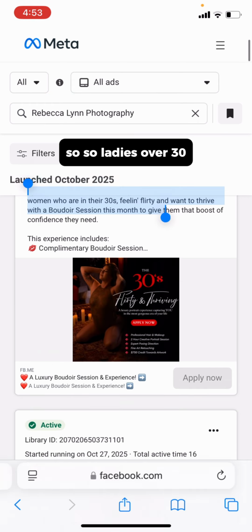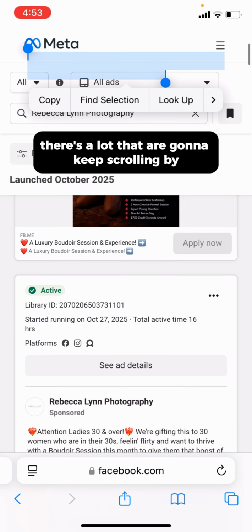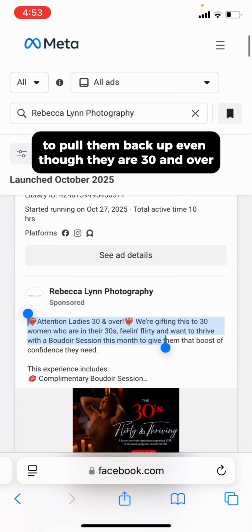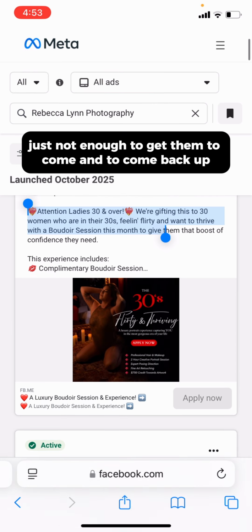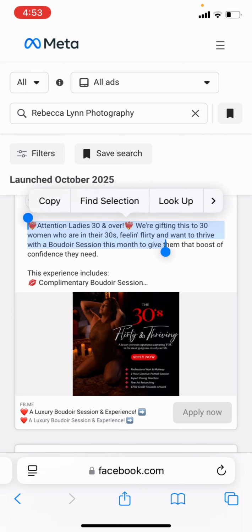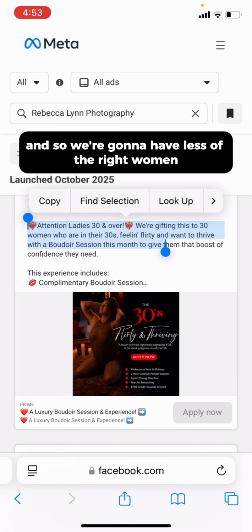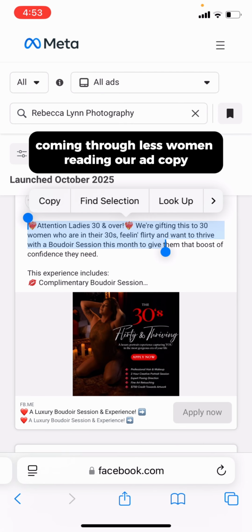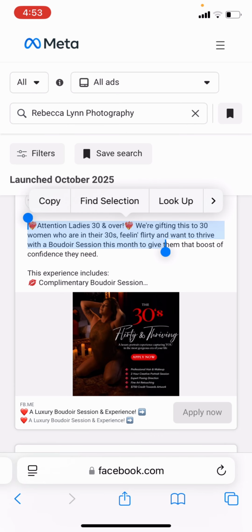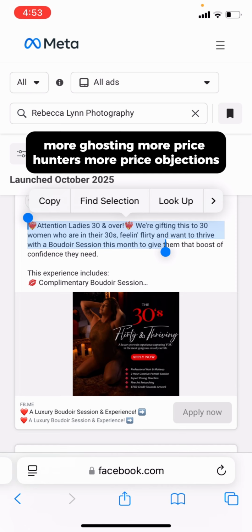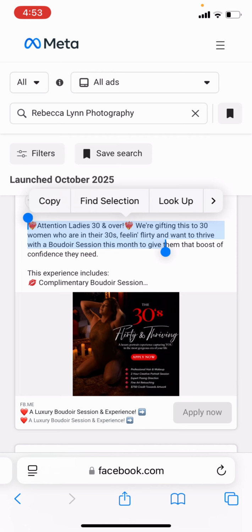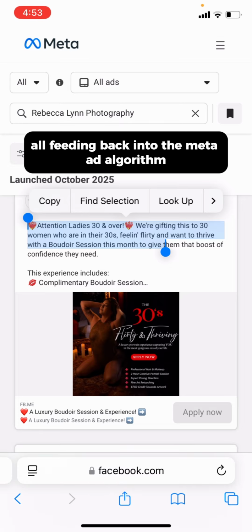So ladies over 30, there's a lot that are gonna keep scrolling by because there's not enough relevance to pull them back up, even though they are over the age of 30. There's just not enough to get them to come back up. And so we're gonna have less of the right women coming through, less women reading our ad copy, becoming pre-qualified, seeing our offer, seeing what we're about, less qualified leads, less qualified bookings, less qualified sales calls, more ghosting, more price hunters, more price objections, less sales, less revenue, less conversions,